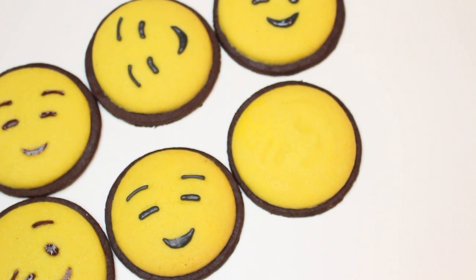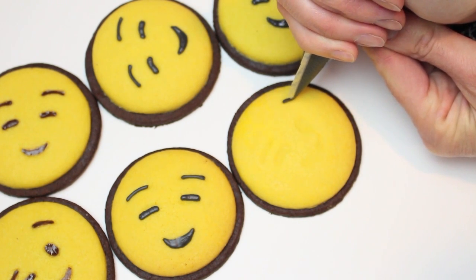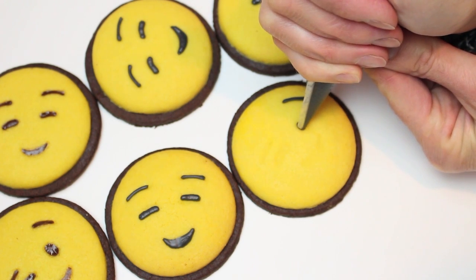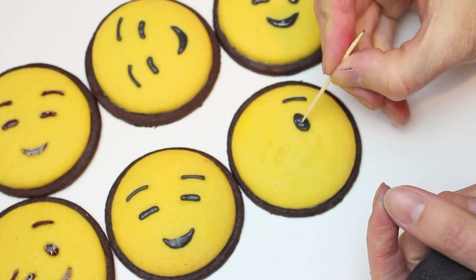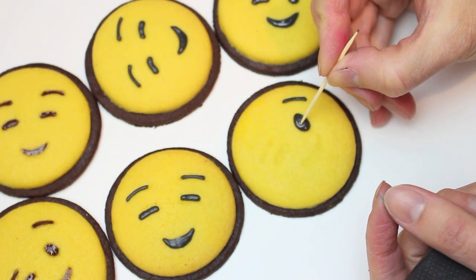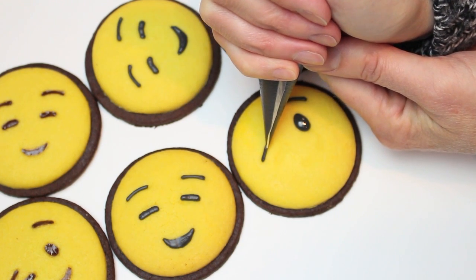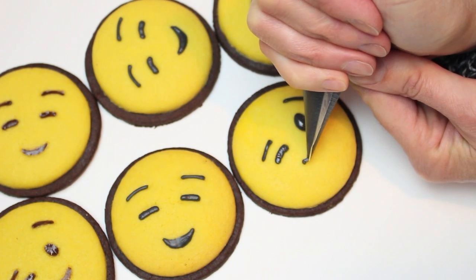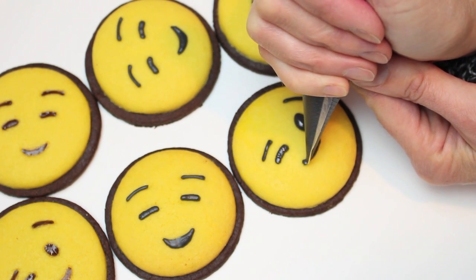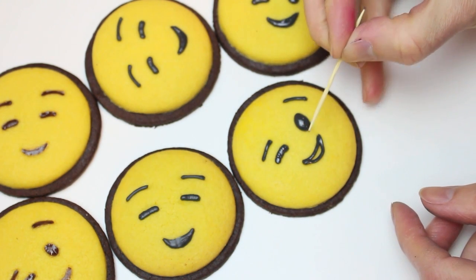You could also work, I think, in some melted chocolate. Just make sure the hole is small, since chocolate can be a little bit runnier and a little bit tougher to control as to where it goes. But since you have these little cavities, it should be pretty good. Now here I'm just making sure the eye is filled, the eyebrow over here, and now the little winking eye, and the smile. You could crank these out pretty quickly if you were making a large batch,